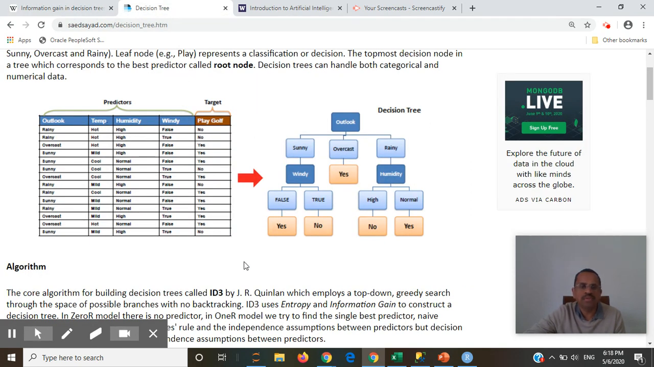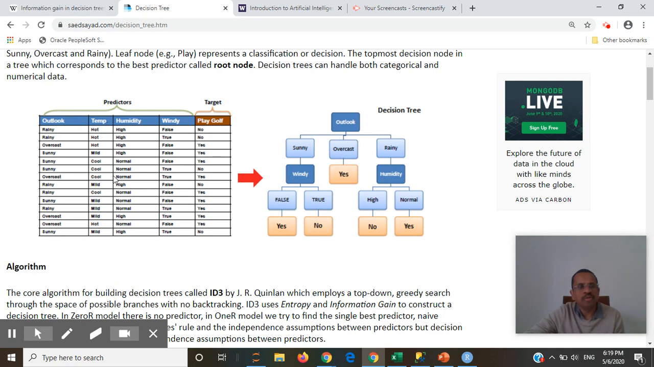So I will start first with what is a decision tree. Suppose we have a table where we have outlook, temperature, humidity, and windy as our attributes or columns. And this is our target column, or the column where we want to make predictions, like play golf. It means I want to make a decision whether I can play golf given these parameters, whether it is rainy or hot or high humidity or windy, and depending on this I will predict whether I can play golf or